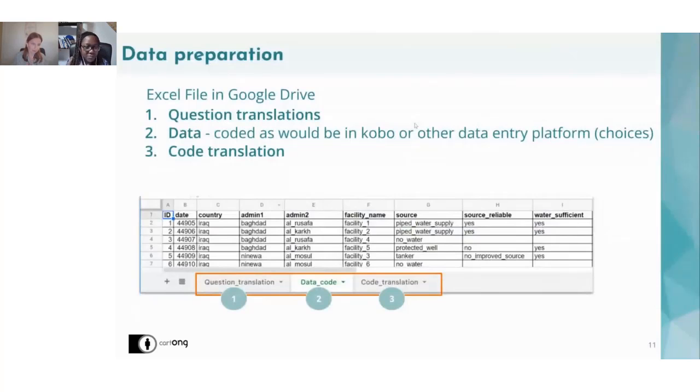Data preparation is a very important part. I think all the parts are crucial, but we start with data preparation. The more time you spend on data preparation, the more easily it will be loaded to Power BI, and the easier it will be to manipulate the data. We prepared the Excel file just because it's easy to connect and easy to showcase during the demo, but you shouldn't follow the same. We loaded the Excel file in Google Drive, but the same concept could be applied